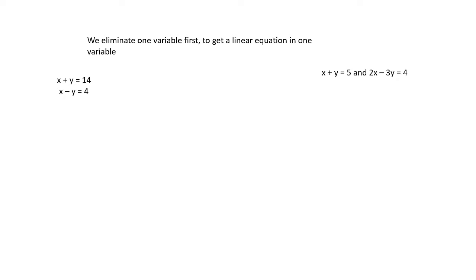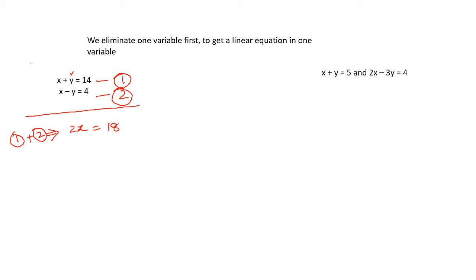Okay, so if you are going to eliminate, then you will get this. I'll take this as the first equation and this as my second equation. Now you see here, children, I am going to add 1 plus 2. I can either add or subtract. If I add, I'll get x plus x, that is 2x, plus y and minus y will become 0, and this will be equal to 14 plus 4, which is 18. So I have eliminated y from here.